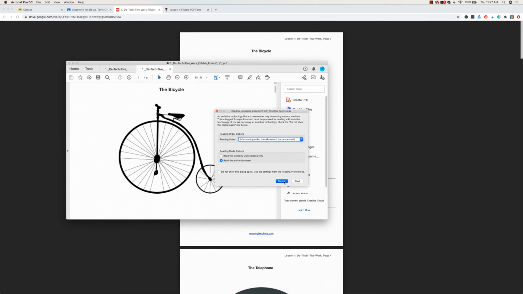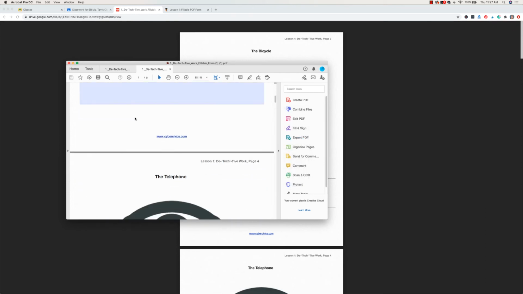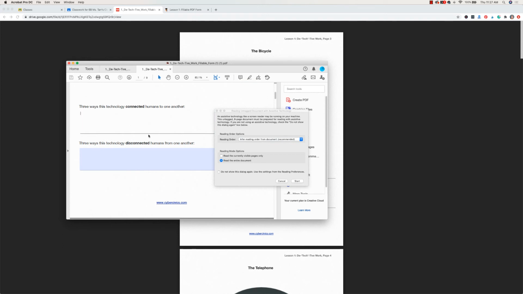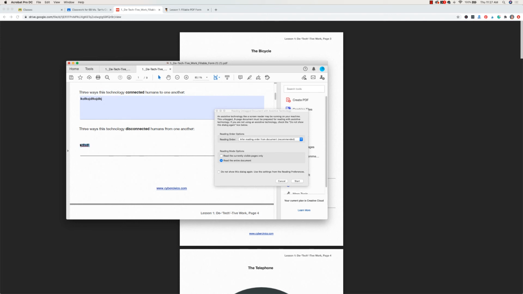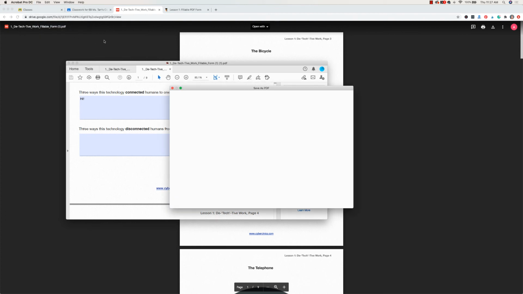And then they will be able to go through here, edit the information either in their small groups or individually, so they can edit all of that however they need to. And then after they're done editing, then we'll just have them save. And you may even want to have them rename this too. So you could do like their last name or something like that. So maybe file save as,